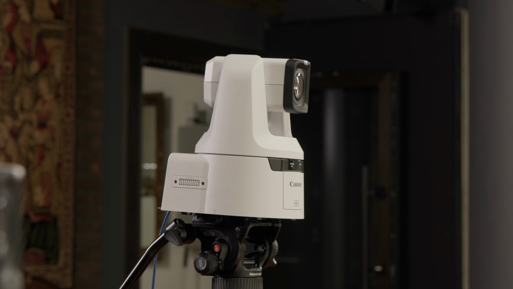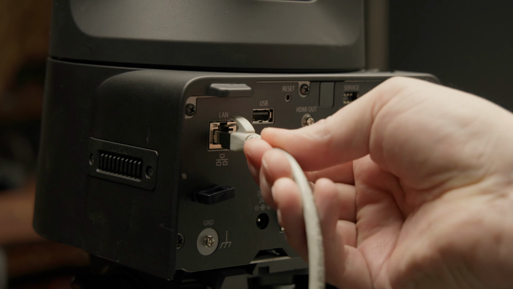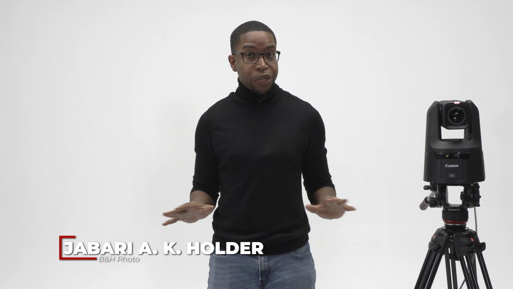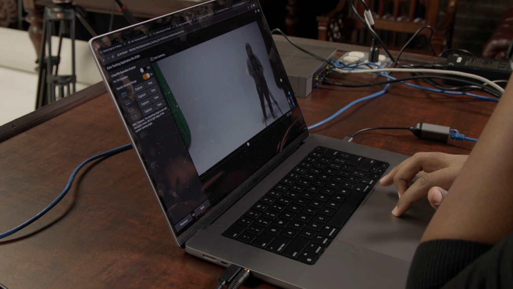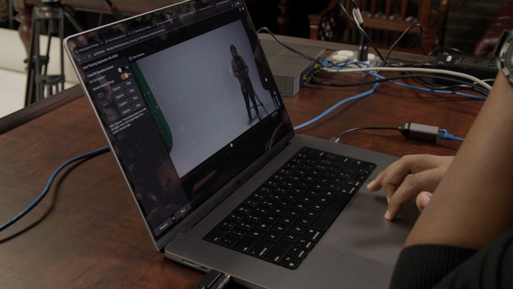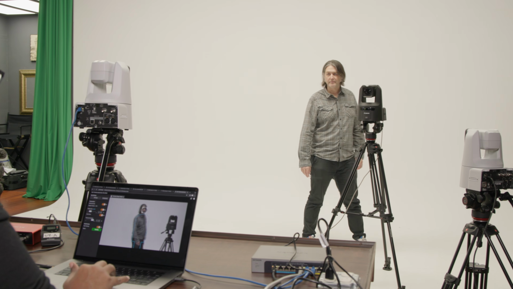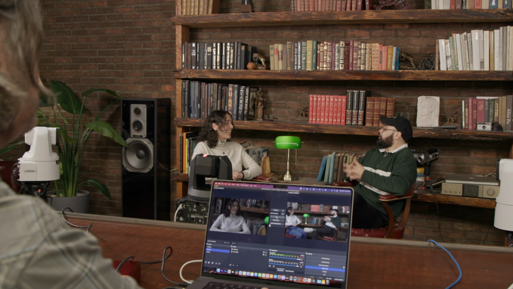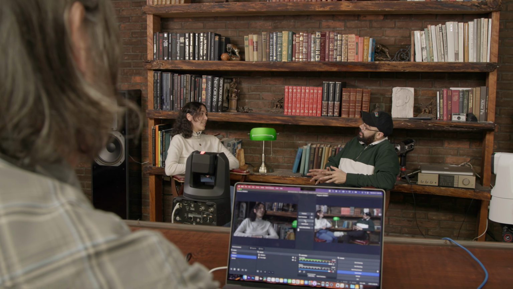In the past few years, PTZ cameras have gained a lot of new features, such as IP streaming, power over Ethernet, and automated tracking. The good news is that means PTZ cameras are more capable than they've ever been before. The unfortunate news is that it sometimes means that they're not as intuitive to operate as we'd like. In an ideal world, PTZ camera systems are fully featured and intuitive, empowering creatives to focus more on content and